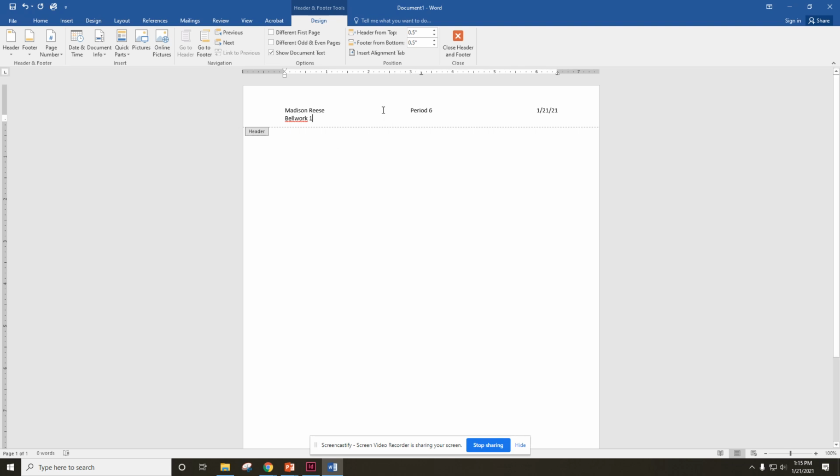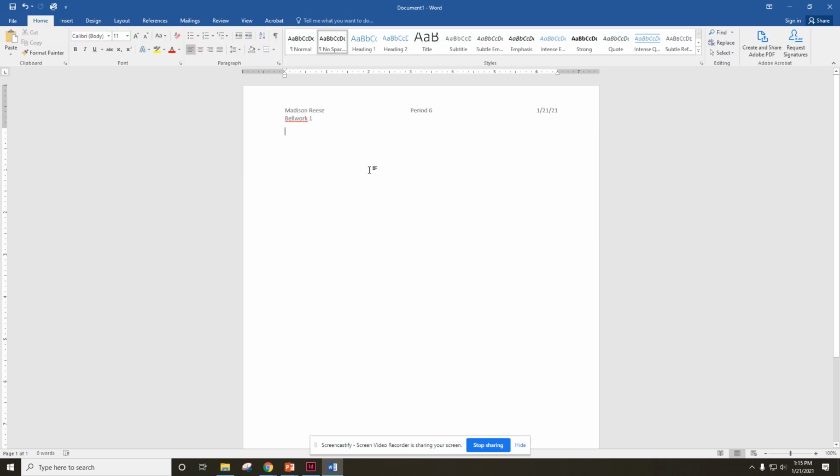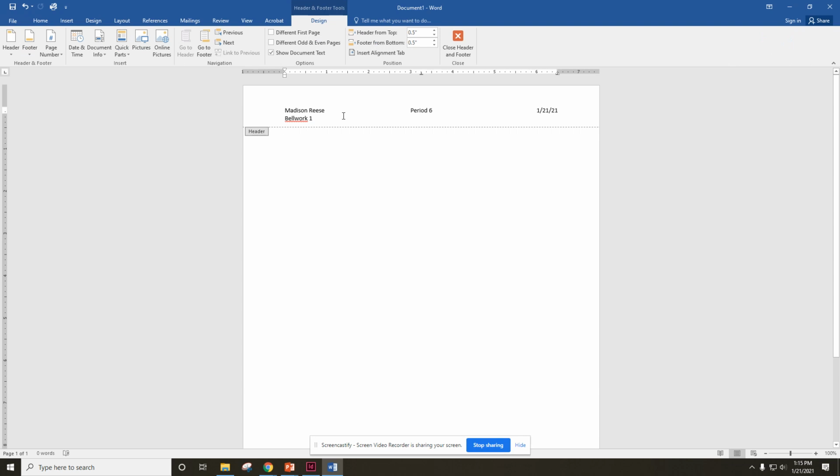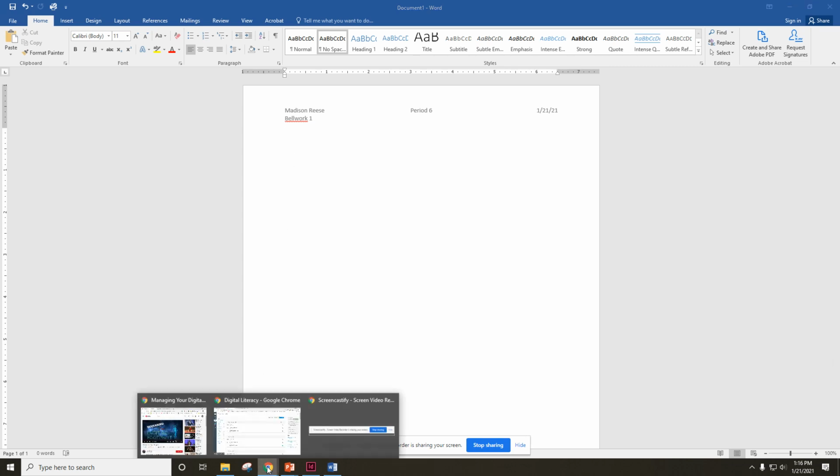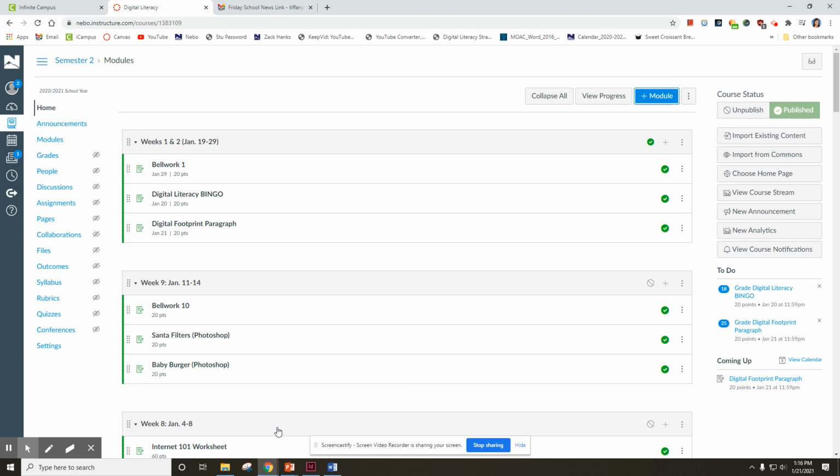All right, then to get out of the header, we just double click below the header. And if we needed to get back into it to fix something, we just double click inside it. Okay, but once you're done with it, double click underneath it. And then I like you to copy and paste the dates for the whole 2 weeks worth of Bellwork from Canvas. So go over to Canvas, and in Canvas, go into Bellwork 1,